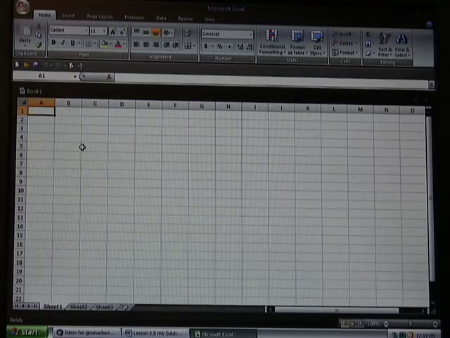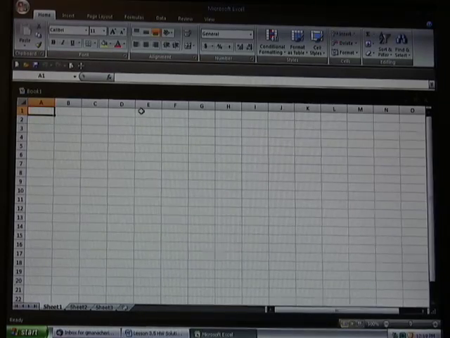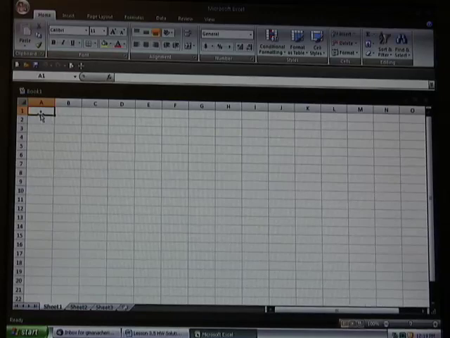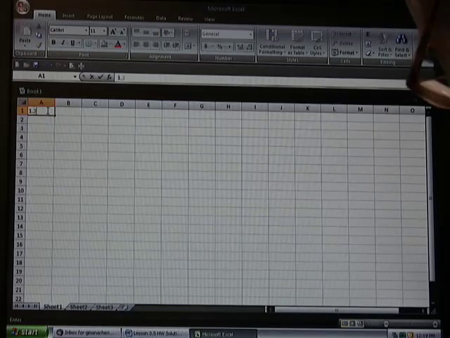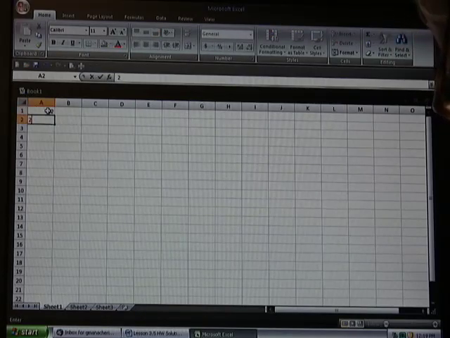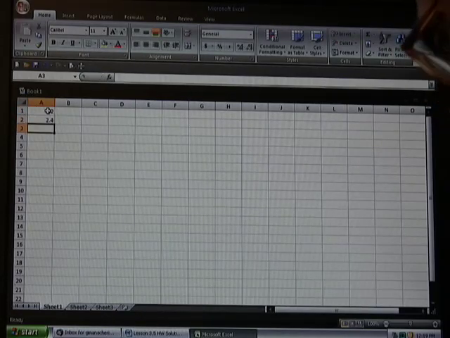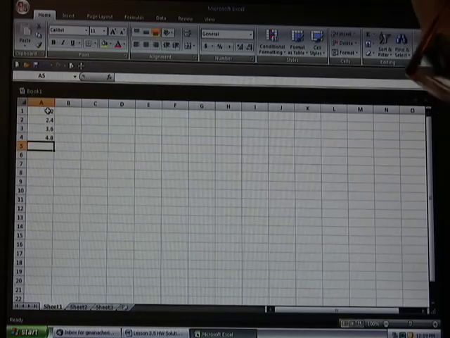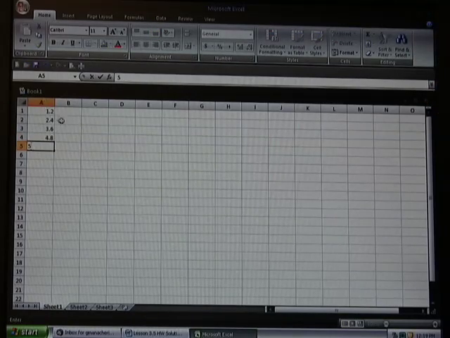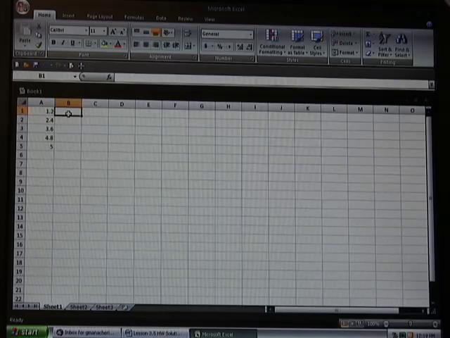To begin with, open a blank Excel sheet and enter your X values under column A and your Y values under column B. For example, I have my X values as 1.2, 2.4, 3.6, 4.8 and 5,